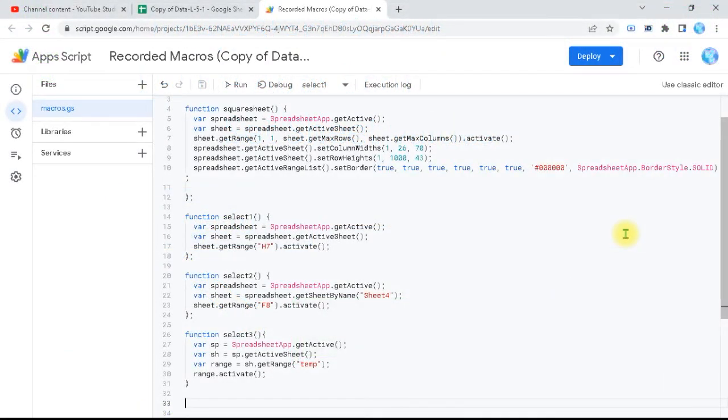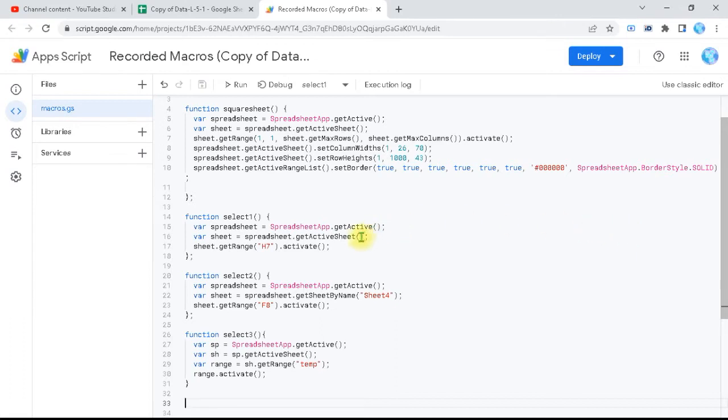We had spent some videos talking about how to select a cell or a range from our sheets using the names of the sheets, active sheets, using get active, using named ranges, using A1 notation, rows and column numbers, and so on. And we said that it's very important to know how to select a cell so we can use it after that. So today we are going to start directly from our recorded markers,